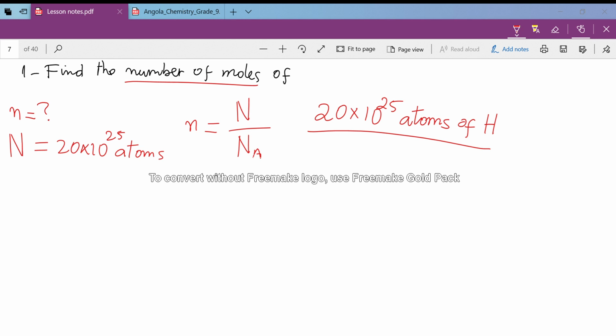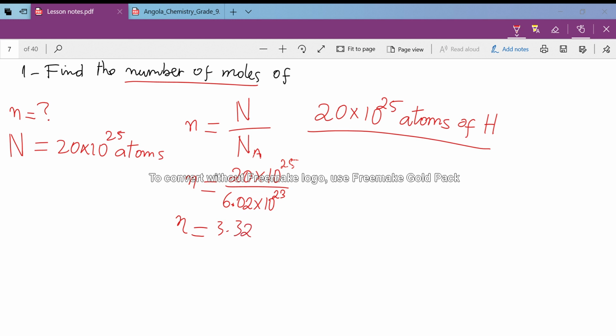So the number of moles now will be 20 times 10 to the power 25 divided by 6.02 times 10 to the power 23. Avogadro's number is always the same, it doesn't change. So for the number of moles, we will do 20 divided by 6.02, and the result is